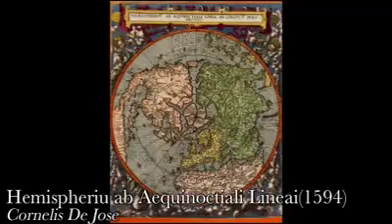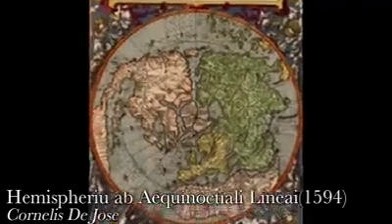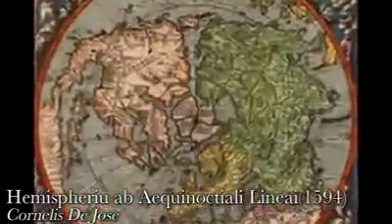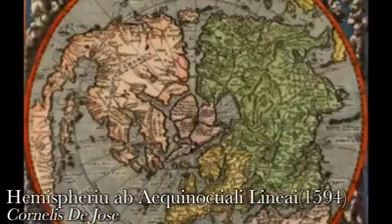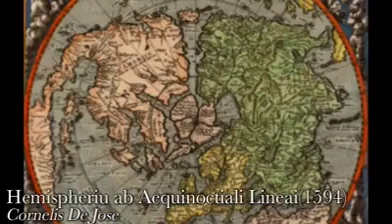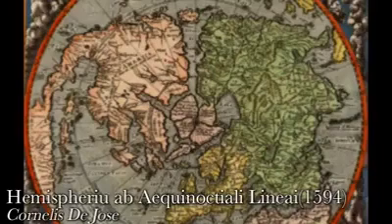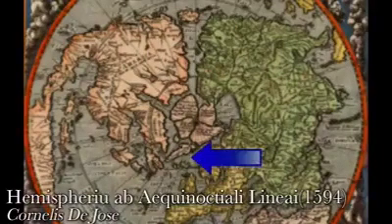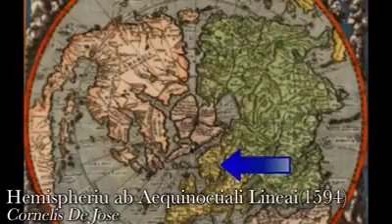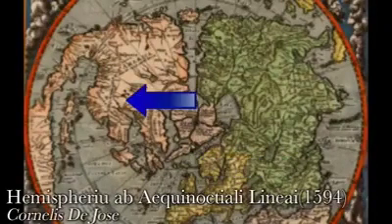This map is from 1594 and made by Cornelius de Jode. At first glance, we notice how magnified the North Polar region is compared to the previous maps. Instead of Oronce Fine's version with large bodies of water separating the islands, we have the 4-continent system divided by thin canals, which meet at the center, where there is again seemingly a massive rock. For reference, we have Greenland, Scandinavia, Iceland, and Canada.